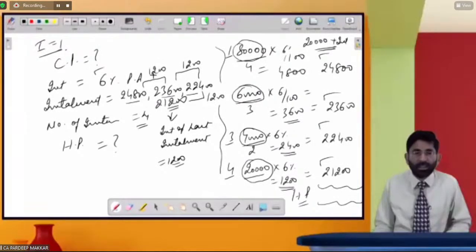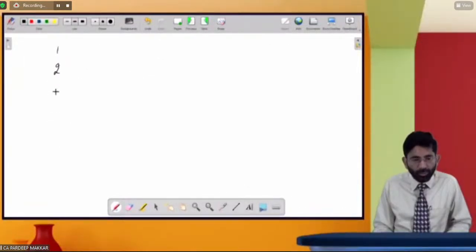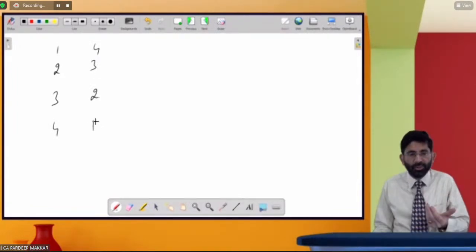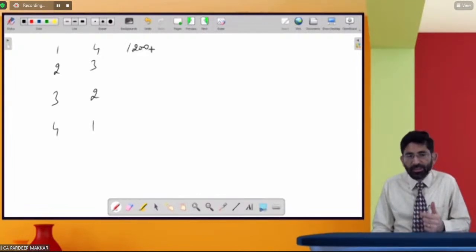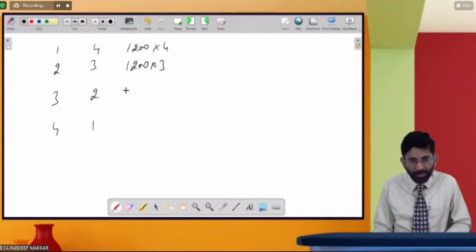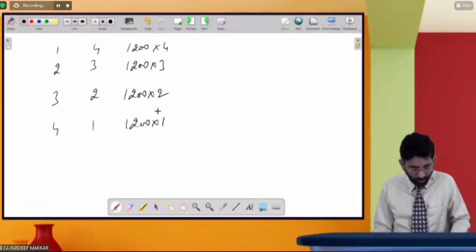मींस मैं ये देखता हूं 1, 2, 3, 4, इसमें मैं एक प्रपोर्शन लगा देता हूं, 4, 3, 2, 1, रिवर्स प्रपोर्शन। जो पीरियड का प्रपोर्शन है उससे रिवर्स कर दिया मैंने, 4, 3, 2, 1। और जो मेरा इंटरेस्ट है मैंने उसको मल्टीप्लाई कर दिया, लास्ट इंस्टॉलमेंट के इंटरेस्ट को 4 से, 3 से। ये मैंने एक मेथड आपको करवाया था, मुझे उम्मीद है ये मेथड अब आपको समझ आ गया होगा, इसमें कोई वरी नहीं है।